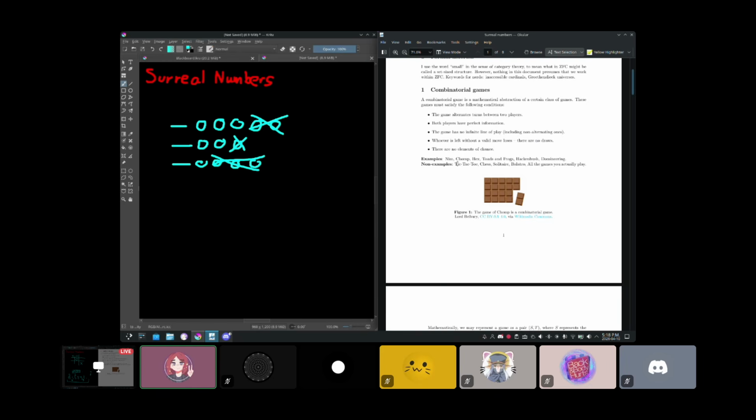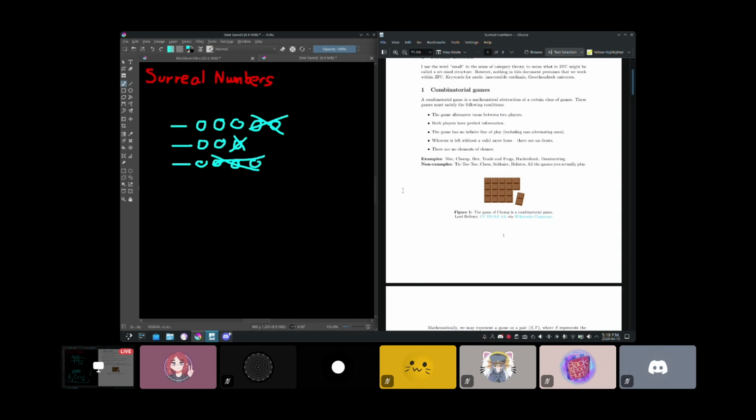I'm using non-examples here. Tic-tac-toe, because that has draws. Chess, because again you can shoehorn it, you can analyze some endgames of chess using CGT, but since it has draws, it doesn't really fit into the definition that I'm giving here. Solitaire, because you don't have perfect information, you don't know what all of the cards are. I don't know, Balatro, basically anything in practice. It's not going to be a combinatorial game, which is a bit unfortunate, but there are still fun things that we can do with this somewhat limited definition, right?